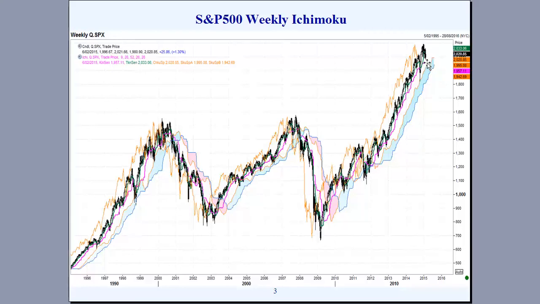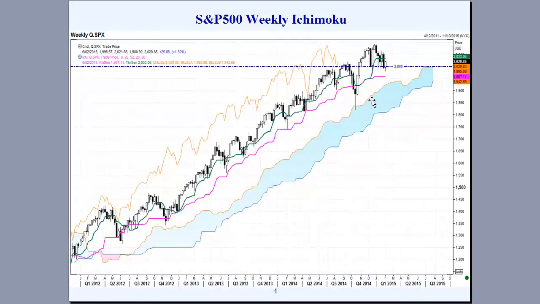Now obviously the Kijun Sen is still going to be important to us, as is the top of the Ichimoku cloud and also then the bottom of the Ichimoku cloud. As we move forward, if we don't breach the cloud soon, the cloud will actually move higher, and the support level is going to be at a higher level, and it will probably mean that if we do have long equity positions, we'll be able to build our positions in a stronger manner before we have an indication to exit those positions. So here we have the cloud as an excellent indicator in that longer term to medium term time frame of the major bull and bear markets.